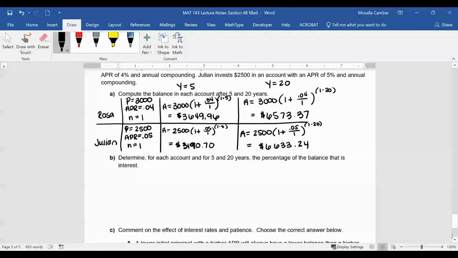So another way we can compare it, so we can say that, okay, after 5 years, Rosa is better. After 20 years, Julian is better. And so you can say that, for short term, maybe the higher principal makes a difference, but in the long term, the higher interest rate makes a difference. But we can also look at the percentage, the makeup of your amounts. We can talk about the amount of return,